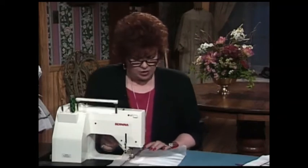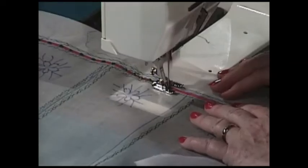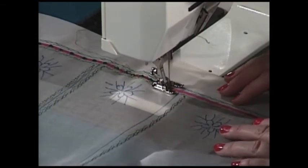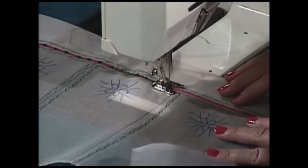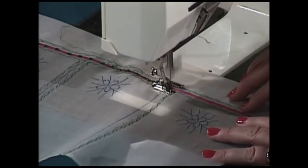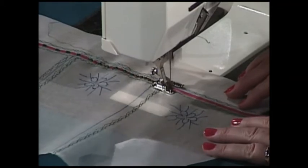Now, I have already glued down this ribbon with my liquid pins, and I've already set the machine, so in this case, I'm doing a beautiful little heart pattern, and lots of sewing machines do have the heart pattern. So you see, I've already glued down my ribbon, and I'm simply going to do a little heart stitching, make these sweetest little hearts, and I'll tell you what, gluing down that ribbon means that it is not going to jump all over the place when you stitch it. So I'm putting these precious little hearts all over this organdy,